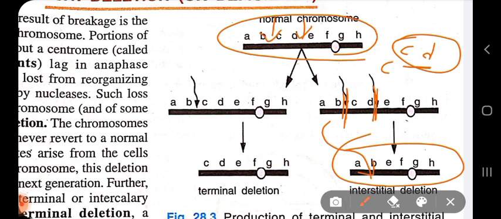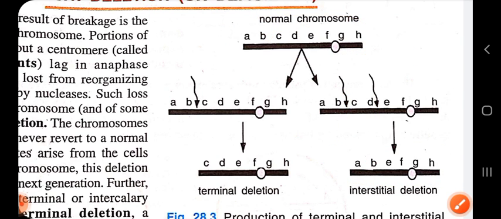So again I repeat, it is saying that loss of a chromosome segment has a deleterious effect on diploid organisms, and most of the deficiencies act as recessive lethals rather than large deficiencies which produce dominant lethal effects. So I think you have known about the dominant and the recessive lethal. Still I will try to explain a little bit briefly here in this class.